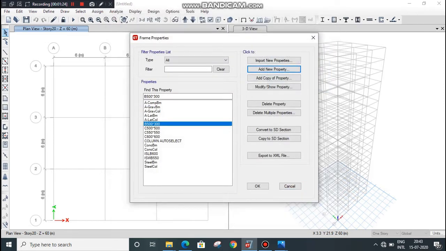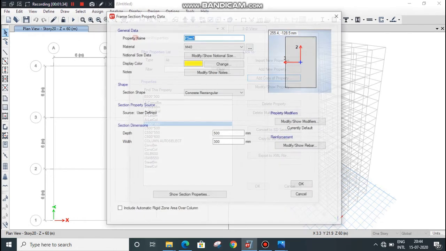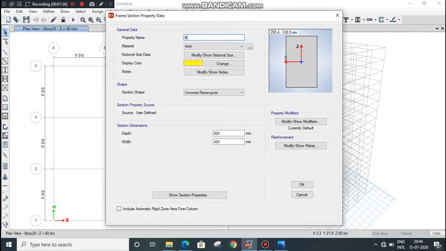Now we have defined one beam section and we have to define the rest of the two sections. Therefore go to add copy of property. Depth 550 and width 350 mm.